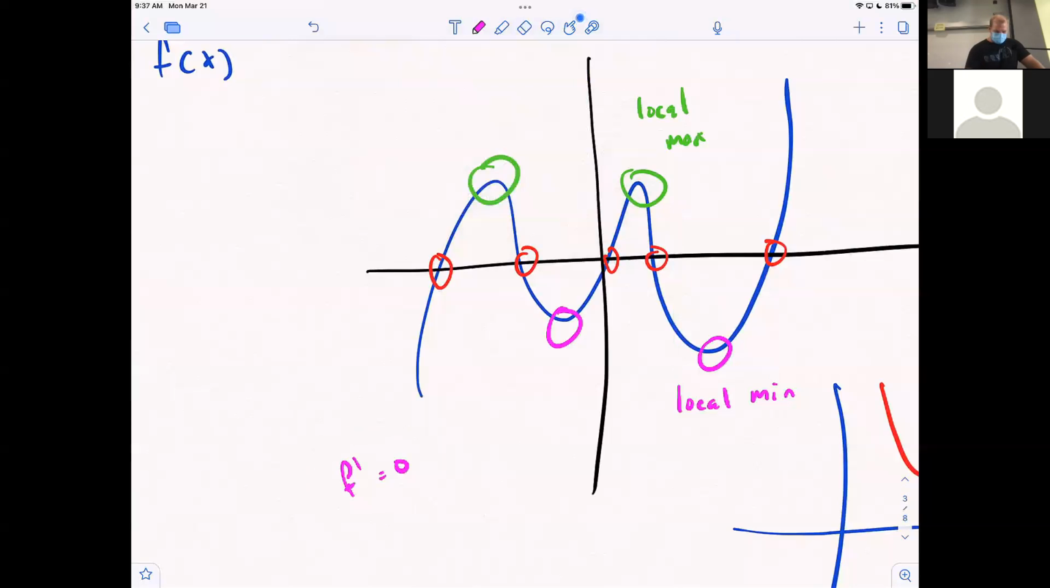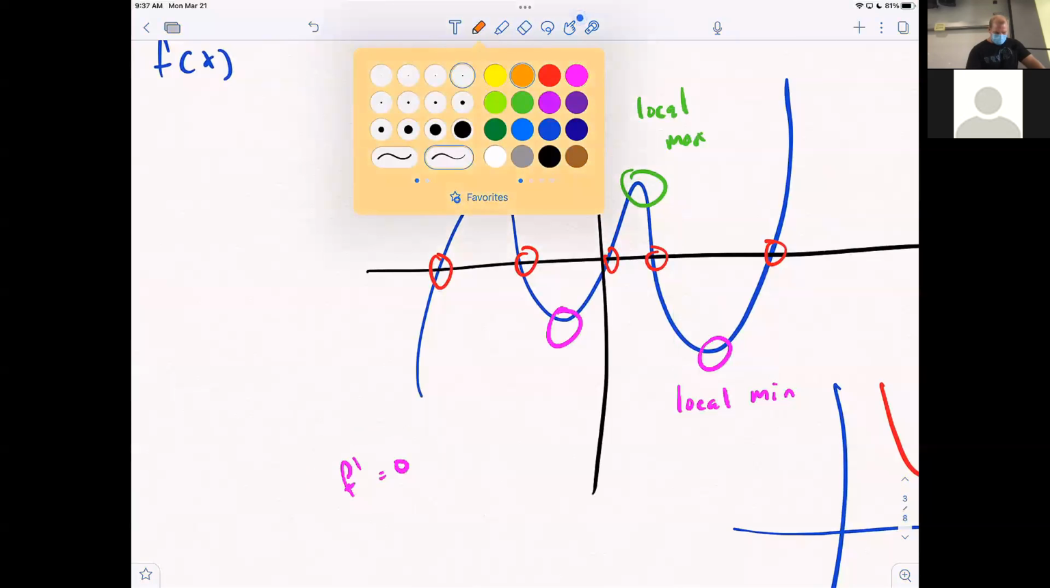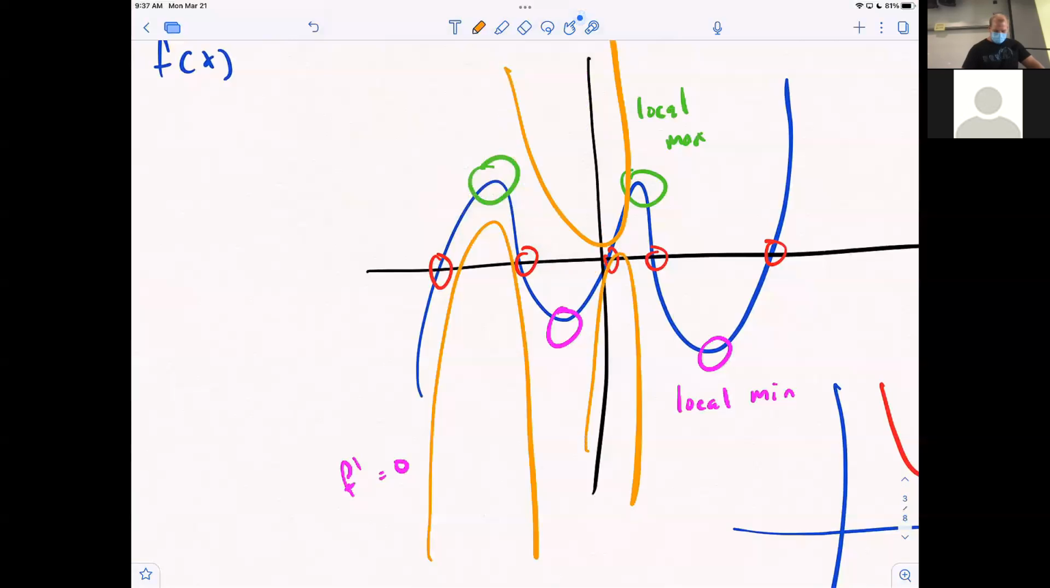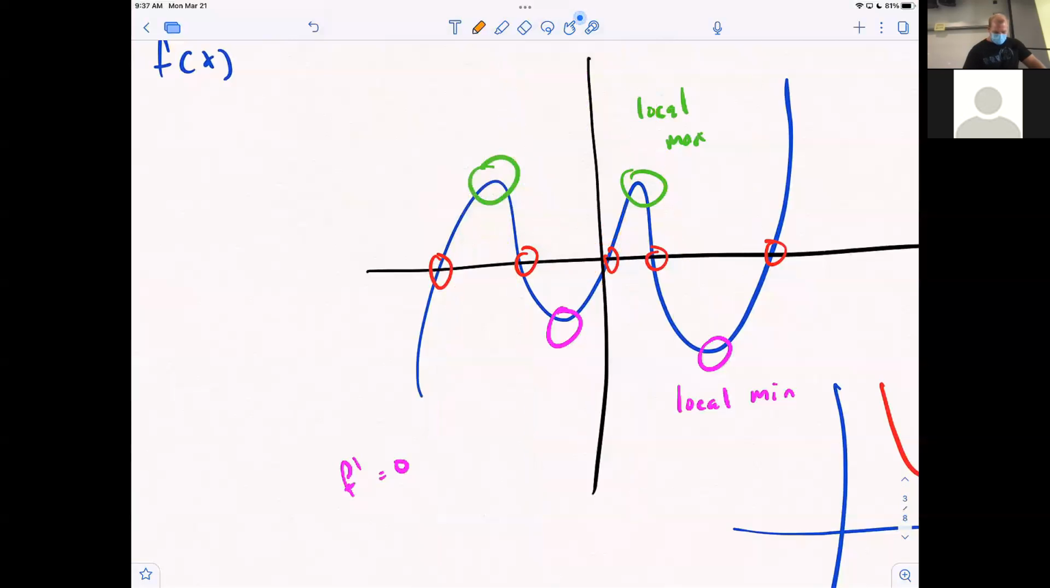Then you might also notice, just looking at this plot, and I know I'm changing colors on you quite a bit, that this graph right here, we call it concave down. So the graph is concaving downwards. This one is concaving up, and it concaves down here and it concaves up there. And where it changes from concave down to concave up,